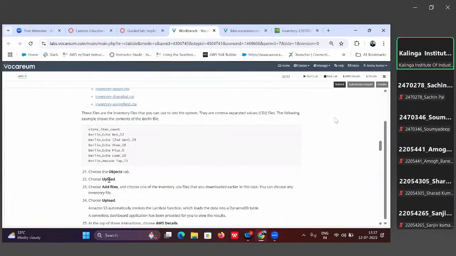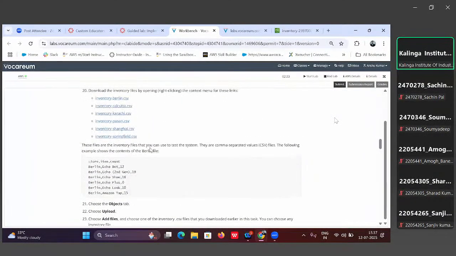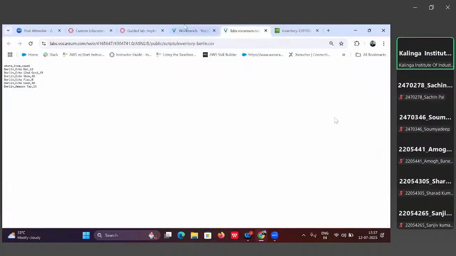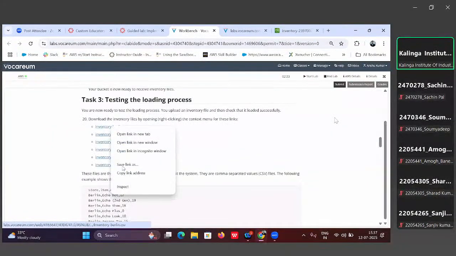Choose the object tab, add files, then choose the inventory.csv file that you downloaded earlier in the task। You can choose any inventory file। एक को डाउनलोड कर लो, ये तो ओपन हुआ है डायरेक्टली।